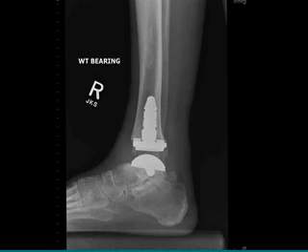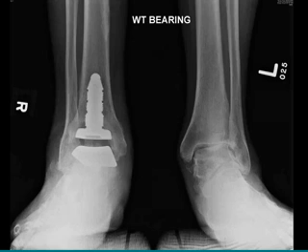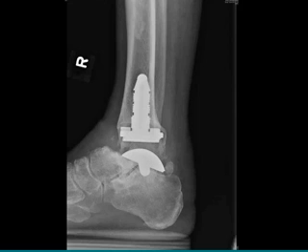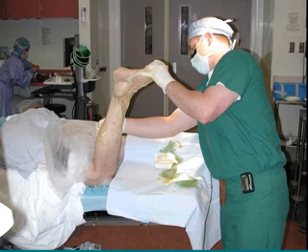But this gentleman returned to a high level of activity, but gradually his x-rays showed that he was collapsing the talar component down into the talus. And then finally you can see it's not like he fractured this and there are fragments of the talus all over. It just absolutely disappears until these people will come down to the calcaneus. So here, no screws were used anteriorly. Maybe some bone was taken off. Maybe he had a situation where he didn't have a normal blood supply to the talus. But I have seen this several times, and other doctors have referred their patients to me with this problem as well. And again, we can salvage these